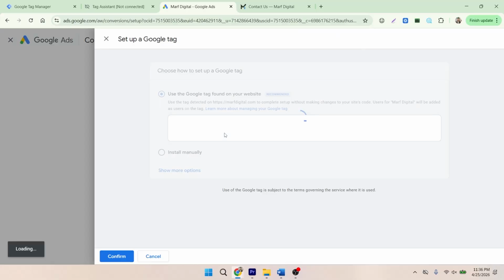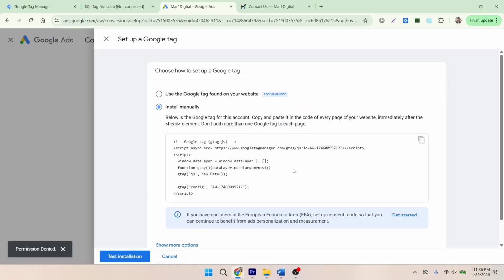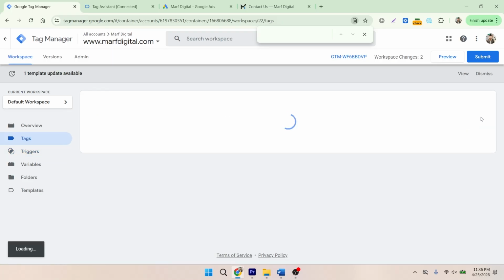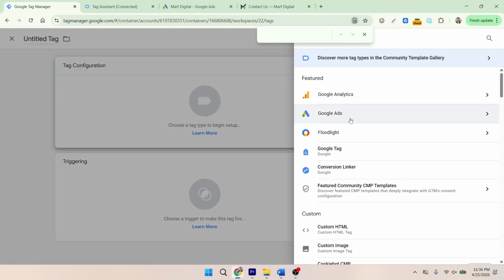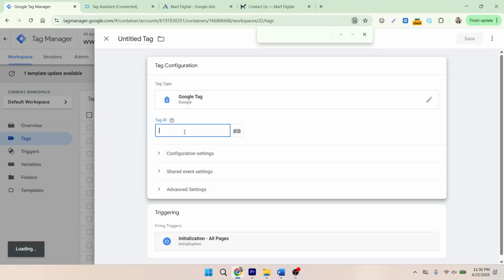So you can see the Google tag is already created, and I will go for manual. I will copy this code, then I will go to Google Tag Manager, and I will create a new tag. So this tag will be Google Ads, and it will be Google tag, and I will paste this tag, and